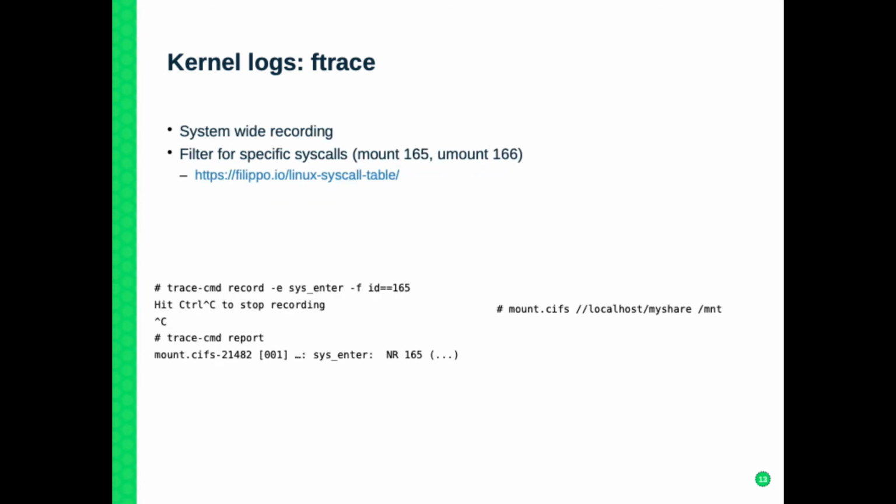To find out what, I asked him to do this system-wide ftrace recording, which says every time you enter the syscall entry point of the kernel, and the ID of the system call is 165, which is the number of the unmount or mount syscall. So this would record everything that triggers this system call. I told him to run this, wait for the unmount to happen, and then report and send me what he got back. And it turns out